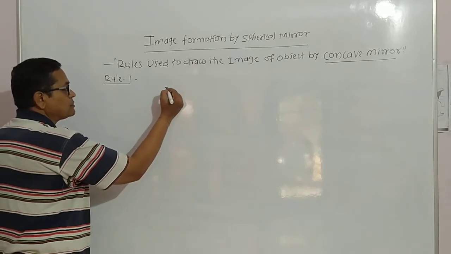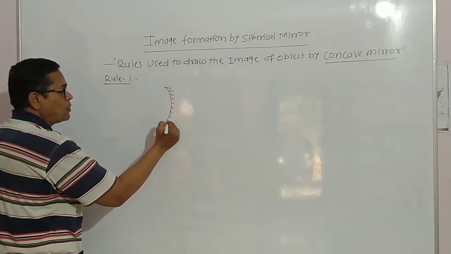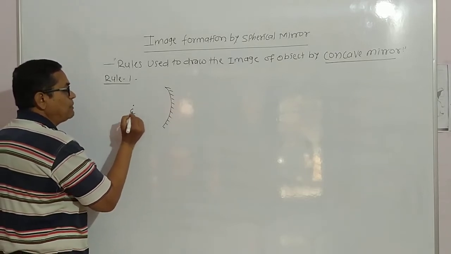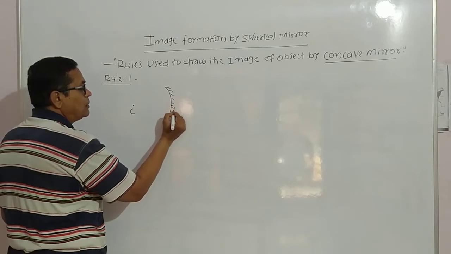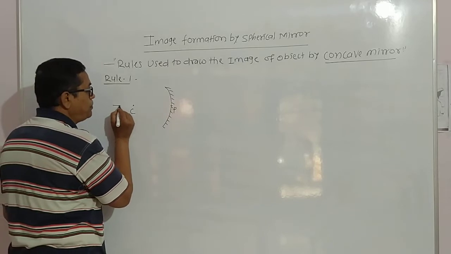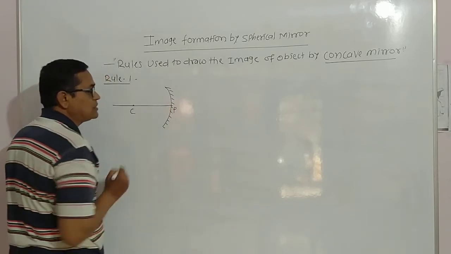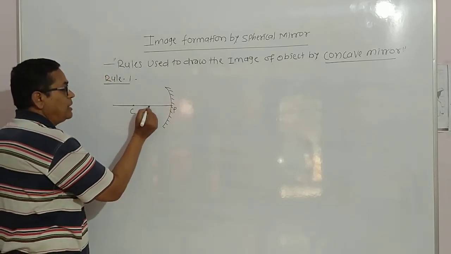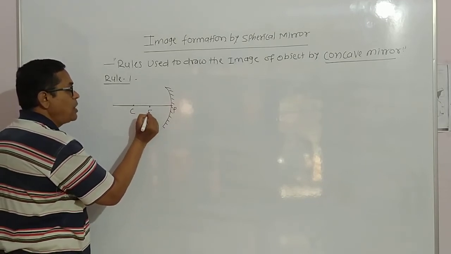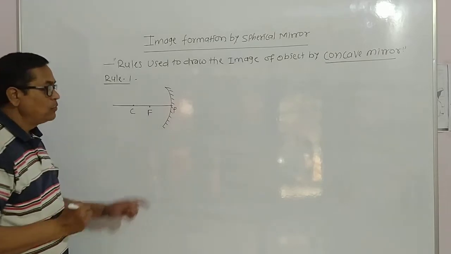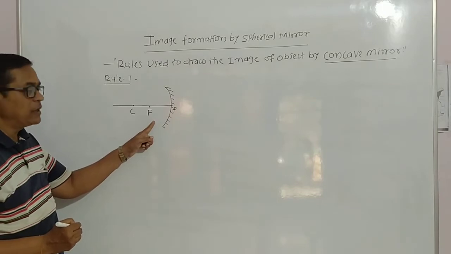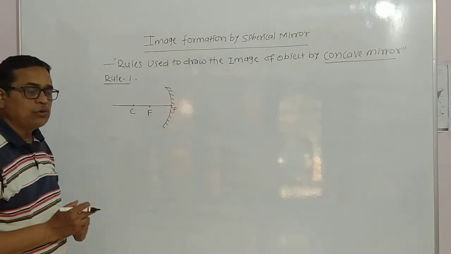that is a concave mirror. Here you know that is the center of curvature, and here the pole of the mirror, then the principal axis, and here between the center of curvature and the pole there is the focus of the concave mirror, which is to the left side of the pole and in front of the mirror. According to rule number 1,